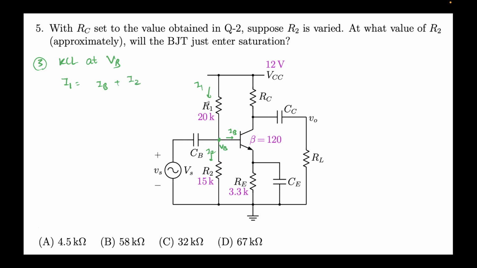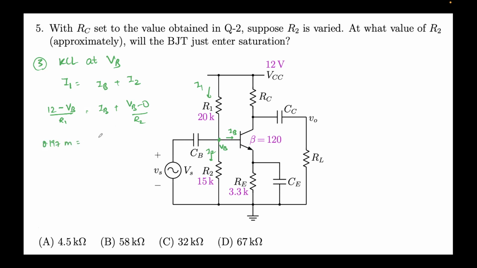What's the value of I1? I1 can be obtained if we apply Ohm's law across the R1 resistor. So it will be 12 minus VB over R1. This should be equal to IB plus the value of I2, which is nothing but, by Ohm's law across R2, VB minus 0 over R2. VB we already know, that's 8.06 volts, so let's put this value here. That comes out to be 12 minus 8.06 divided by the value of R1, 20k, which is 0.197